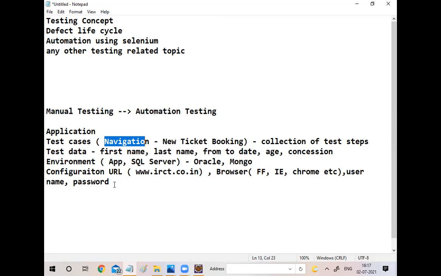Okay, fine. After that, once a ticket booking is created, your test case is going to pass, right? If the ticket booking is not done, it is going to fail. So you are only going to get a passed or failed test result, right? Suppose it is failed, what will you do? You are going to report it to your developer.